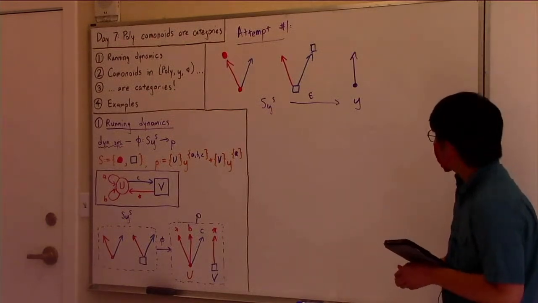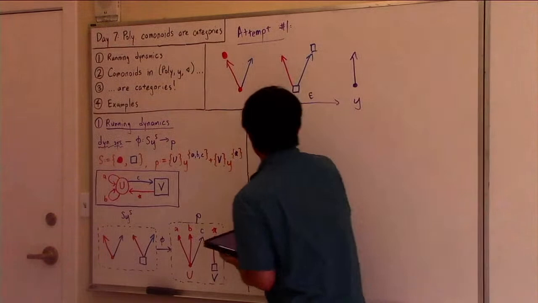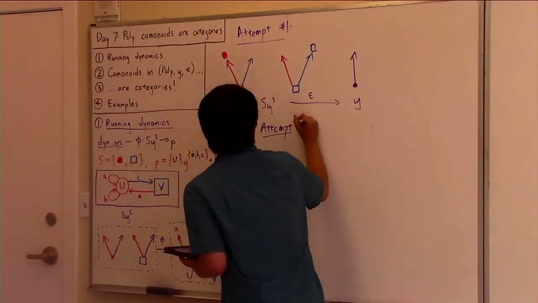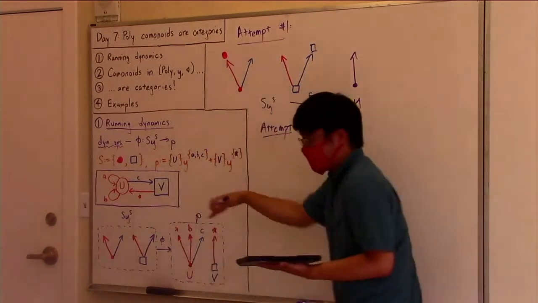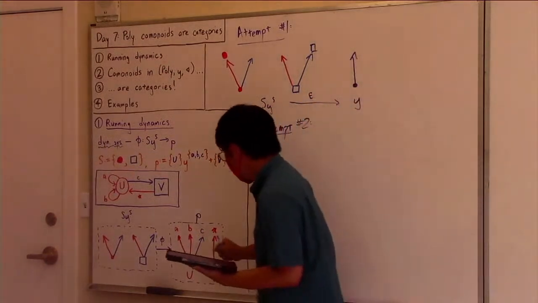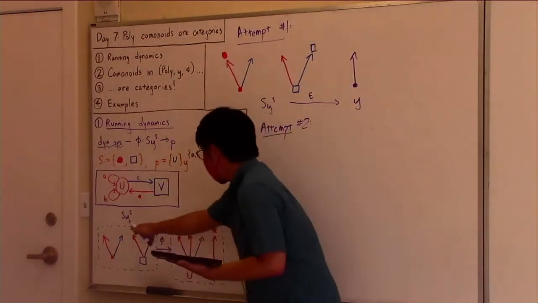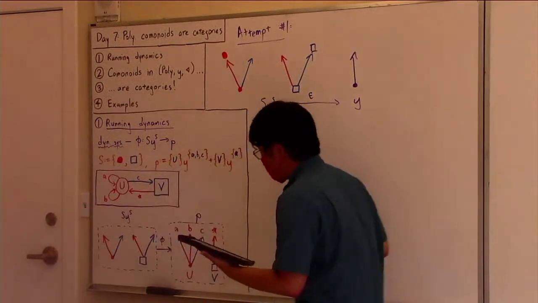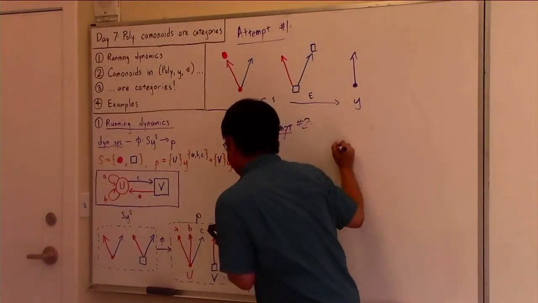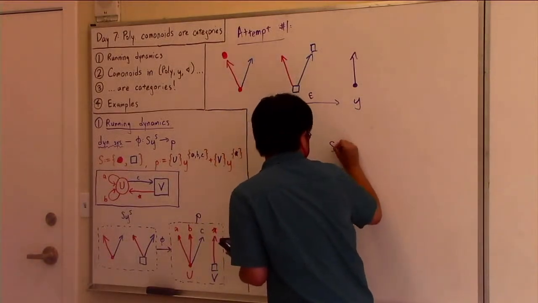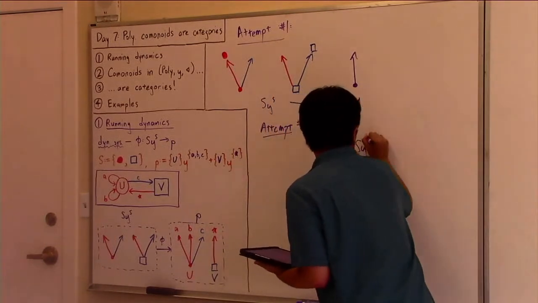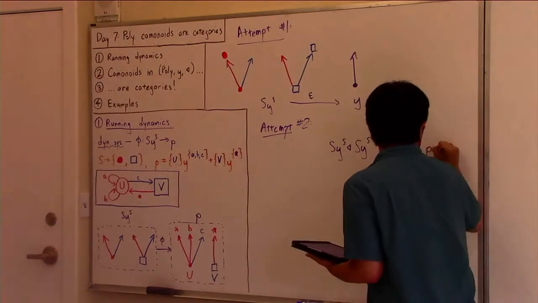So this is going to be our second attempt at actually running our dynamical system, actually running through it multiple times, which is that we can think of running through the system, let's say twice, as going from sy to the s, composed with sy to the s, to p composed